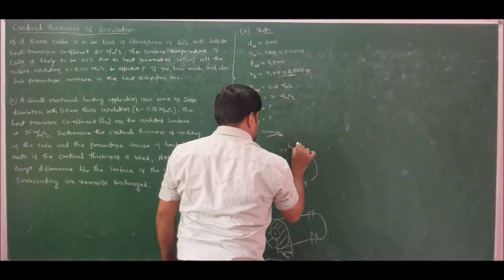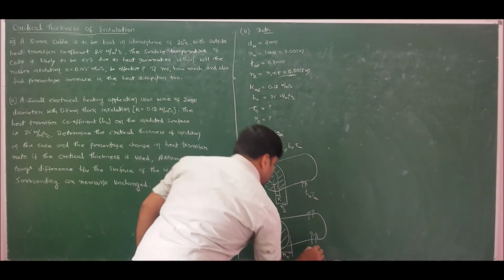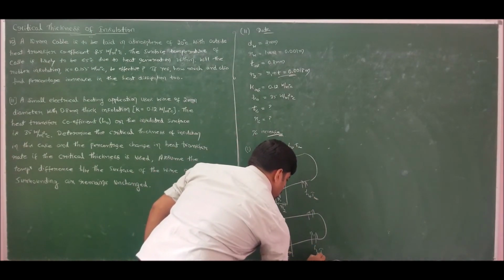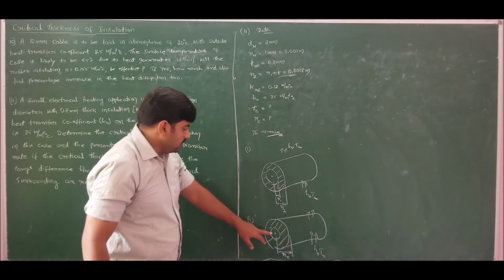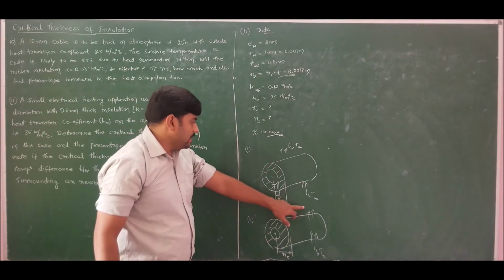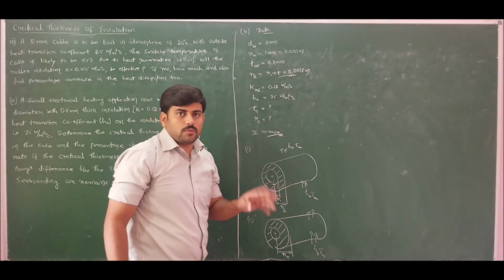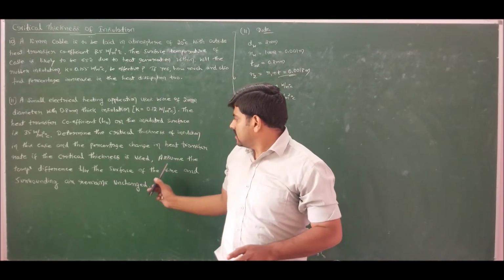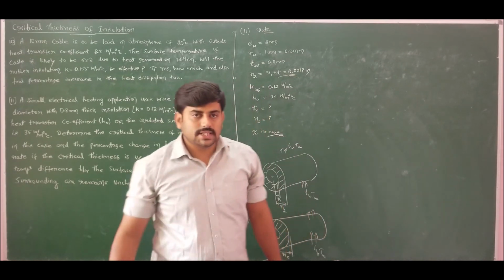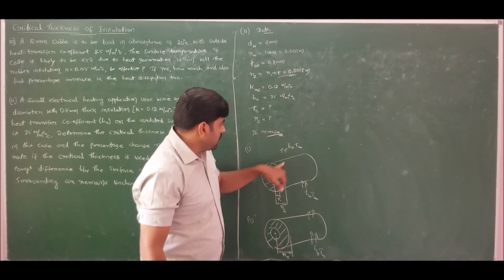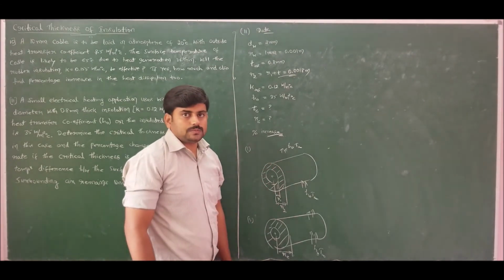Let us solve this. T infinity. Here also we have H0, T infinity. Now the temperature difference between the surface of the wire and the ambient temperature will remain the same for both the cases. So therefore delta T is constant for both the cases. That is what he says. Assume the temperature difference between the surface of the wire and the surrounding air remains unchanged. That is T1 minus T infinity is constant for case 1 as well as for case 2.